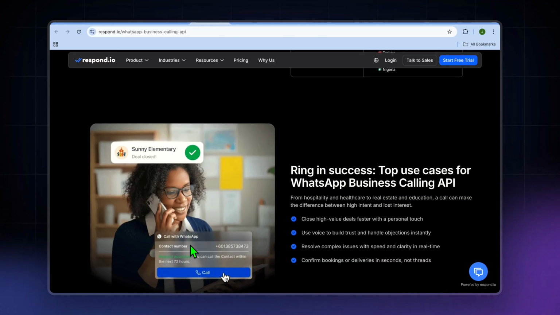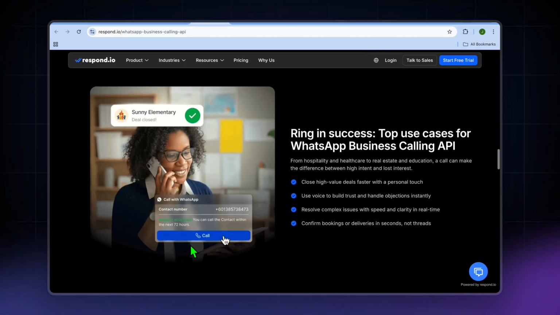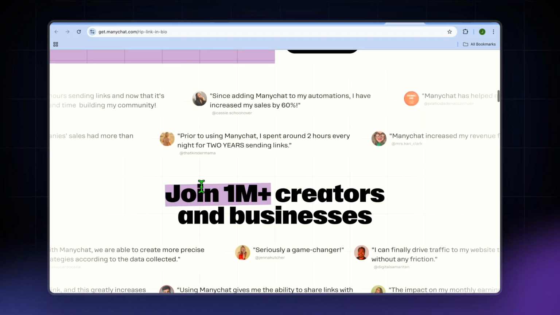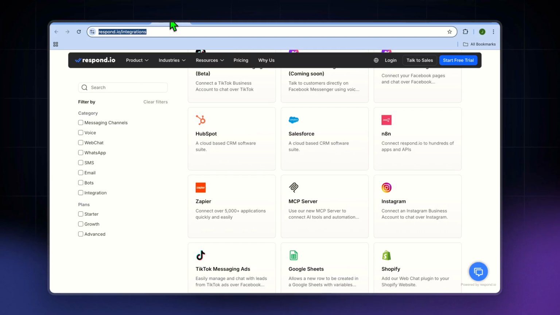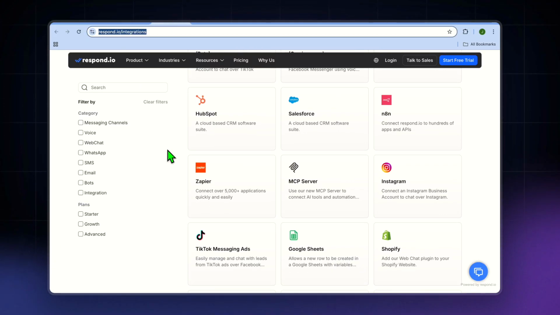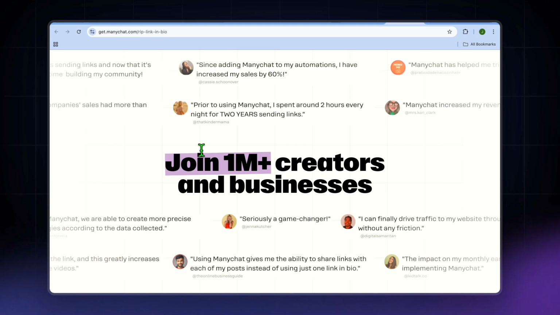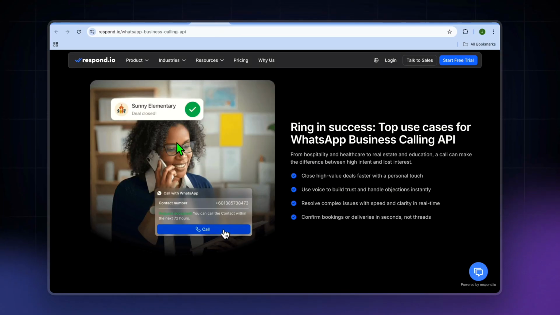And now, which one feels better daily? This matters because you'll stop using tools that feel wrong. ManyChat feels like a marketing control panel, while Respond.io, on the other hand, feels like a sales and support command center. And if you're trying to grow leads, ManyChat will feel lighter and faster. If you're trying to manage volume across channels, Respond.io will feel more controlled.